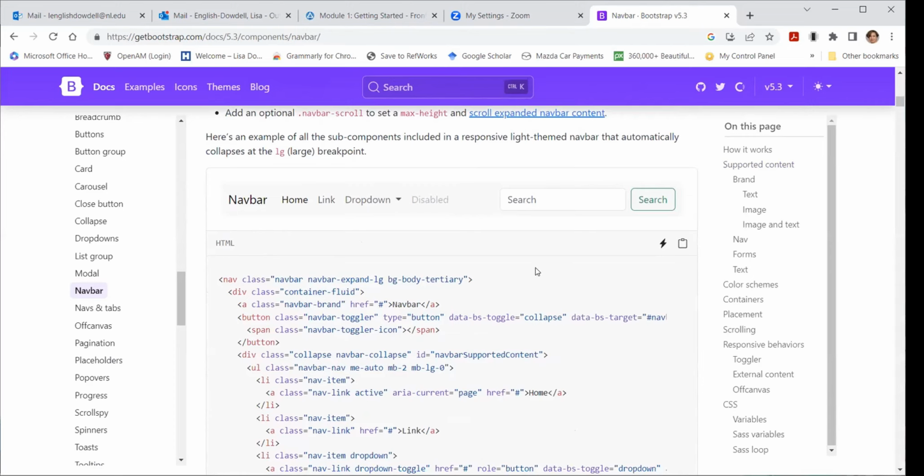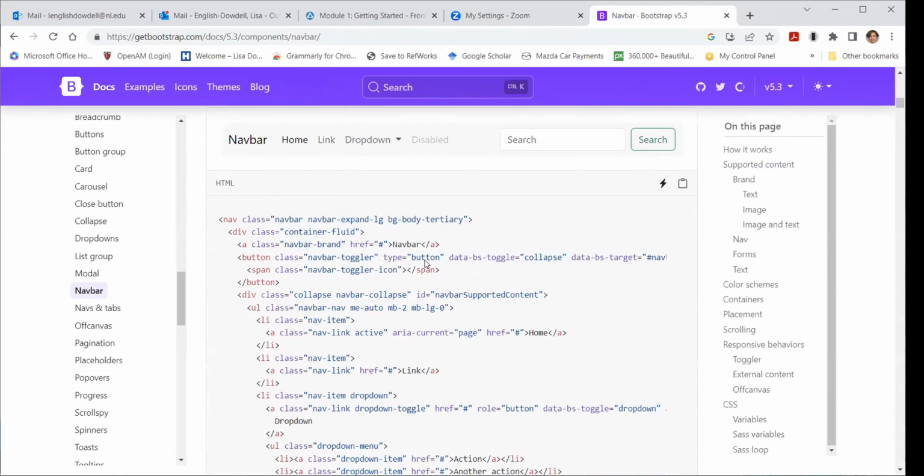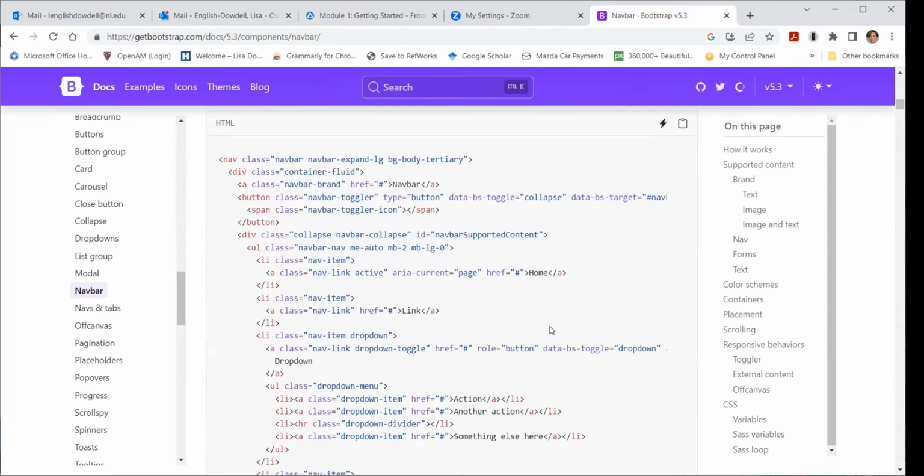So this is an example of a nav bar. It actually gives you the code for the nav bar. That's why Bootstrap is really powerful, unlike the other libraries where you have to write your own JavaScript with it. As long as you link to or download the JavaScript that is a part of this library,